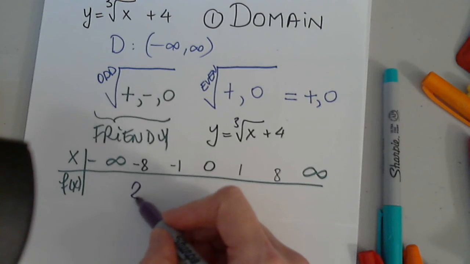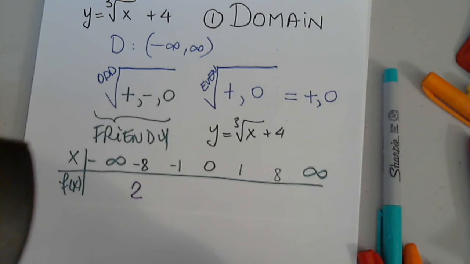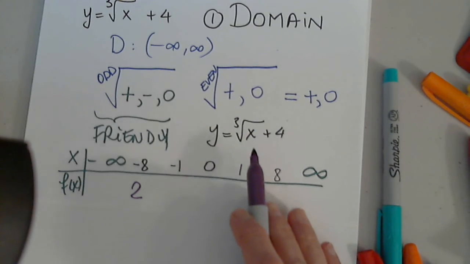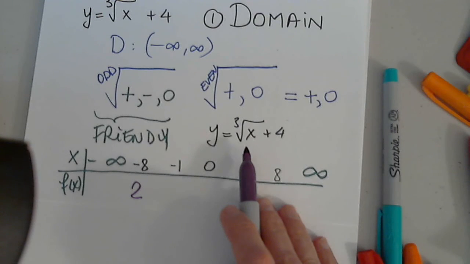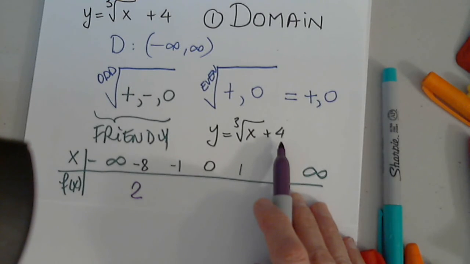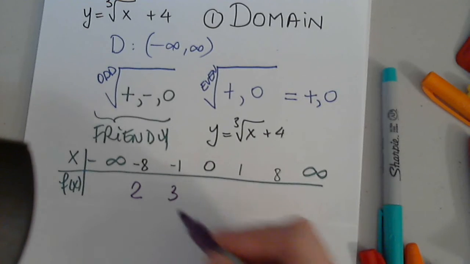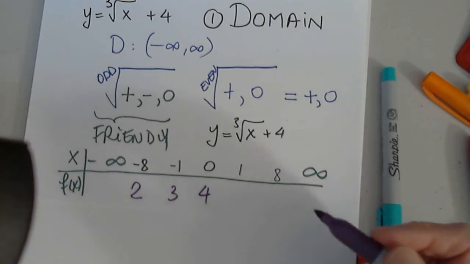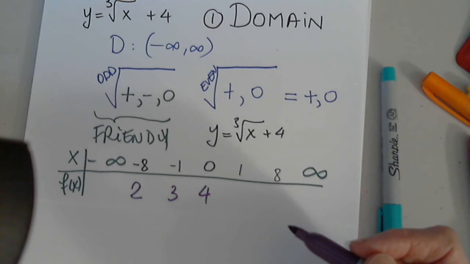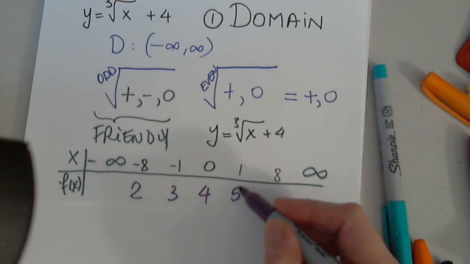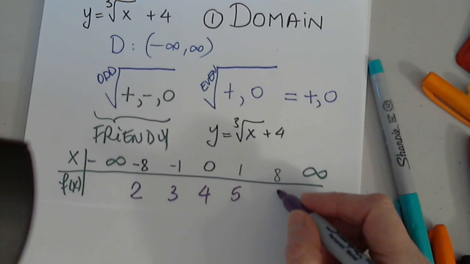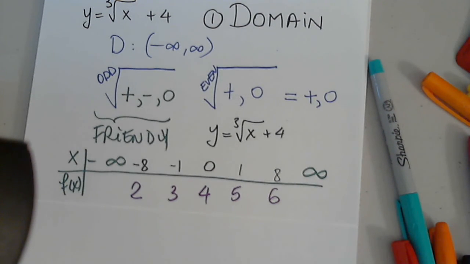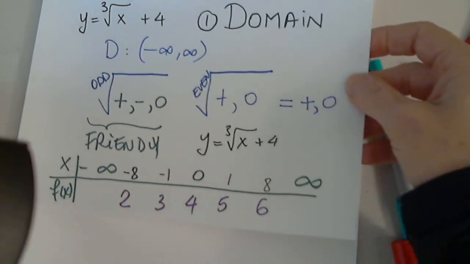A 2. Very good. Now with -1? Just 1. The cube root of -1 is -1. -1 plus 4 is? 3. Good. With 0? That's the easiest. It's a 4. Very good. With 1? 5. Yes. And with 8? 6. 6. Very good. We didn't get any negative values, so